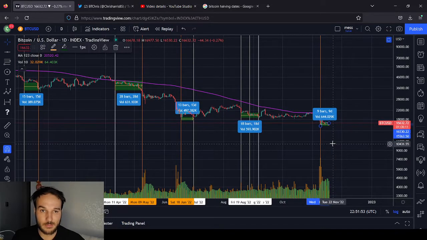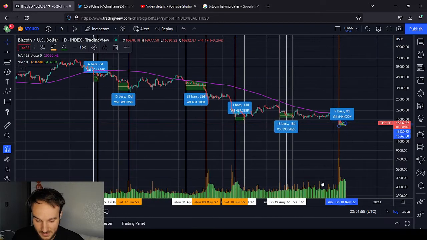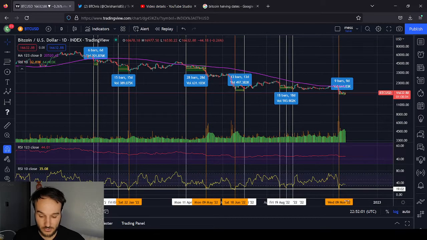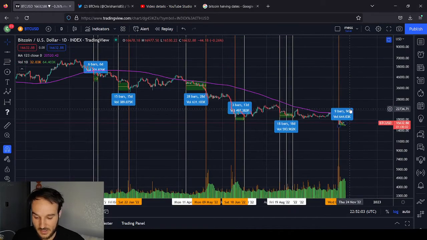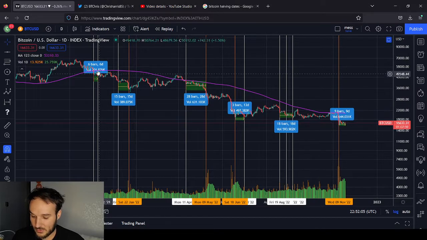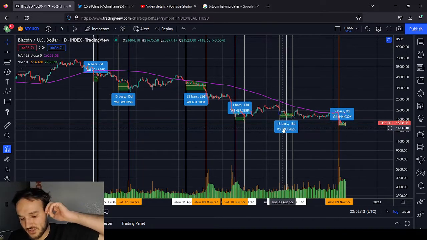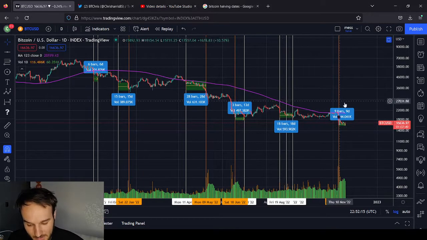Right now we're only at 9 bars, which by the way, today could be the day. We've got an hour and 8 minutes left. We could go lower, or just low enough to bring the RSI back into the oversold zone. We could do that today. We are within the range, the lowest being 6, but most of these happen around 13, 15, 18. Let's just call it smack dab in the middle at 15.